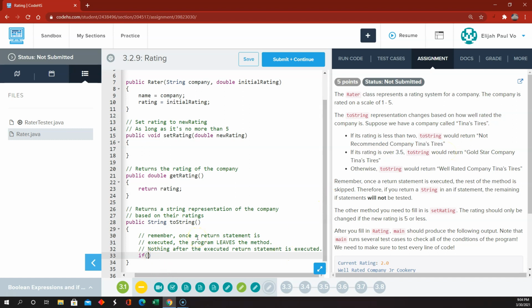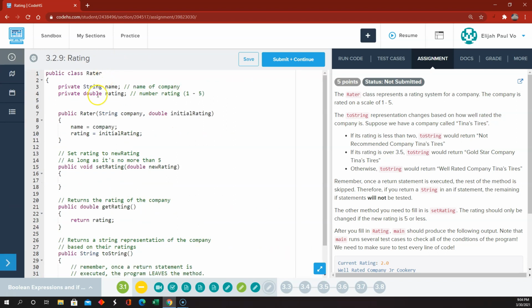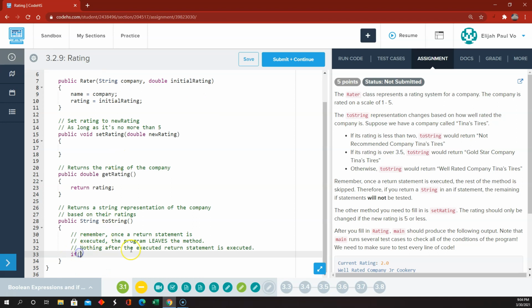Okay, so if the rating. Let me expand this a little bit. So the rating is in the variable called rating. So we're going to say if rating is less than 2, then we're going to return this string, not recommended